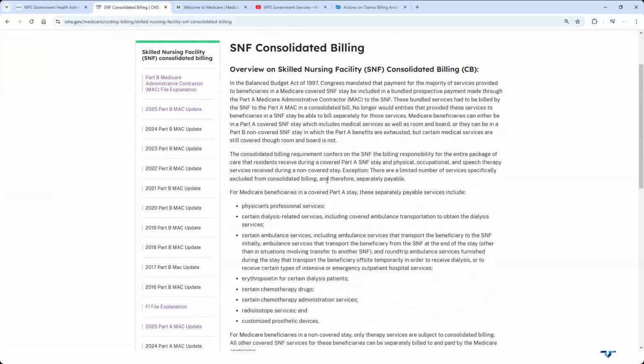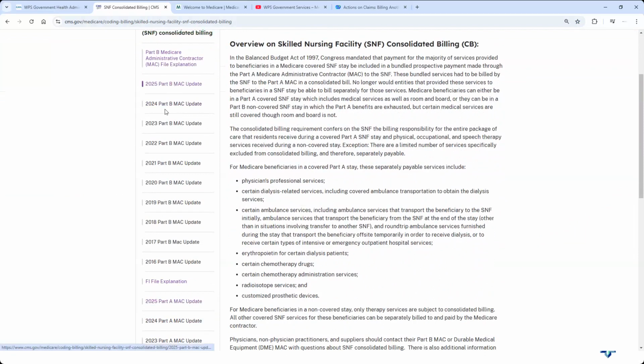There are 2 sets of files, and the first one is your Part B MAC updates, and your second one is your Part A. The Part A MAC updates are going to be the most commonly used one if they're in a medically necessary inpatient stay. Again, the Part A MAC updates. This says that they have to be billed to the SNF. The Part B one does give you updates, but it's things like, hey, there's a professional service.